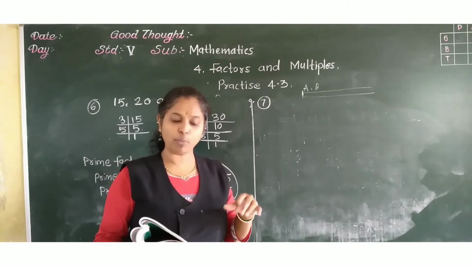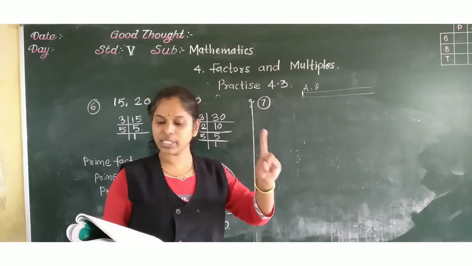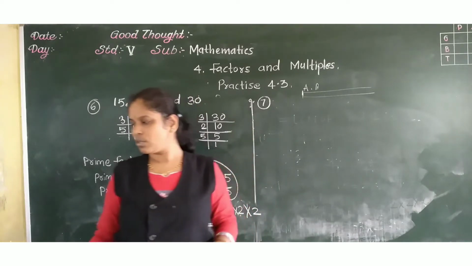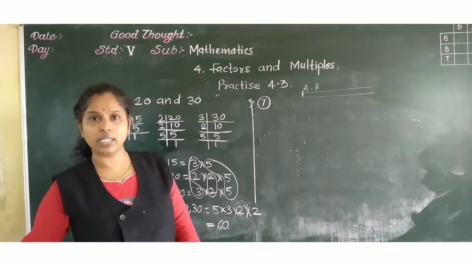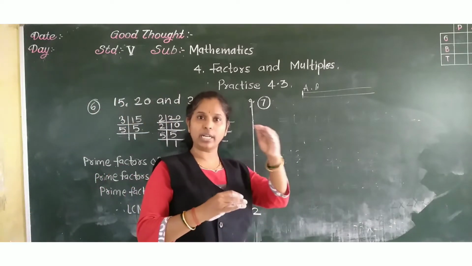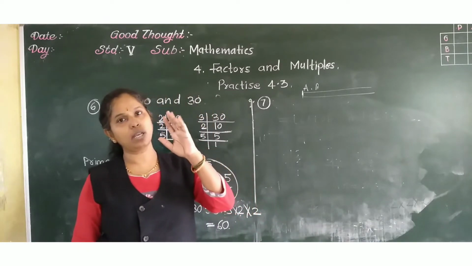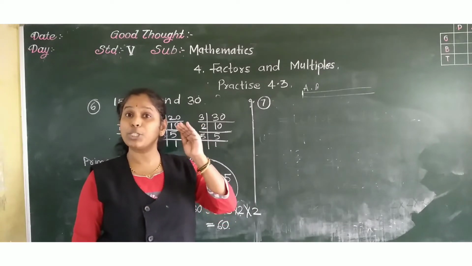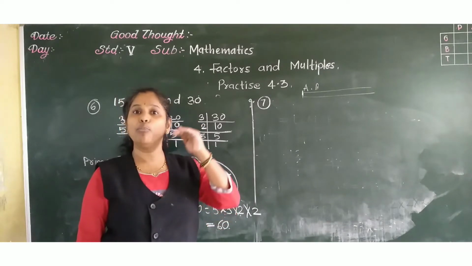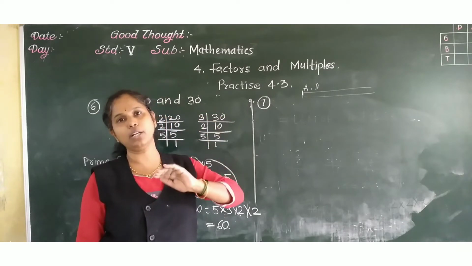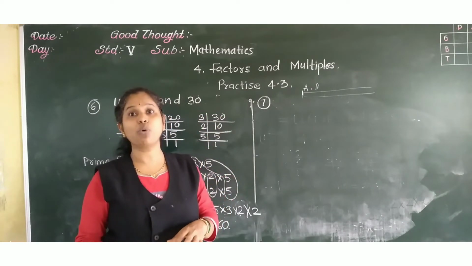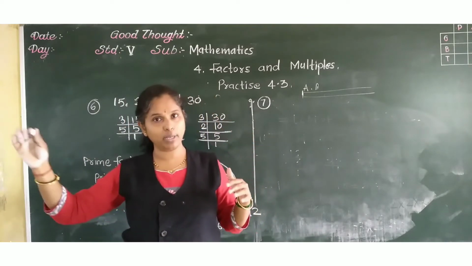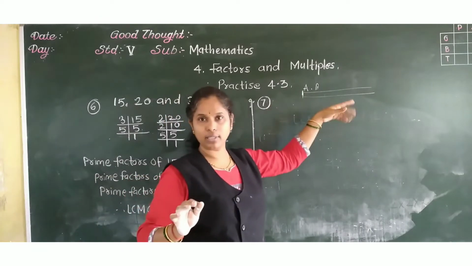After what distance from the start will there be the first instance of the red and white marks painted together? Means what will be the distance where the first time red and white marks will appear together. That means we have to find out the shortest distance where both these marks will appear together. Now shortest distance means what? Least. That means we have to find out the LCM, least common multiple of 8 and 9.